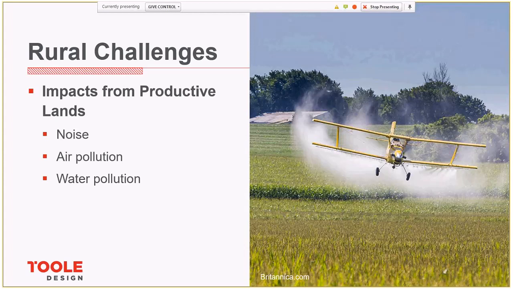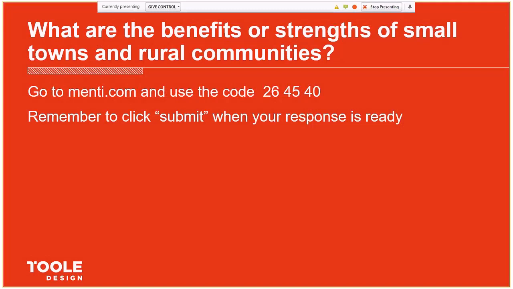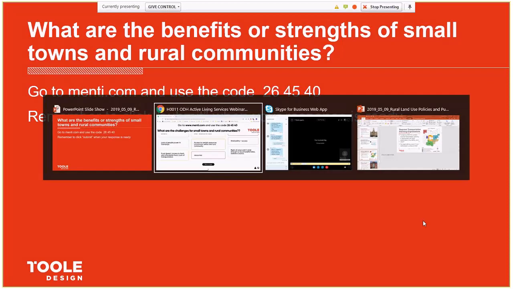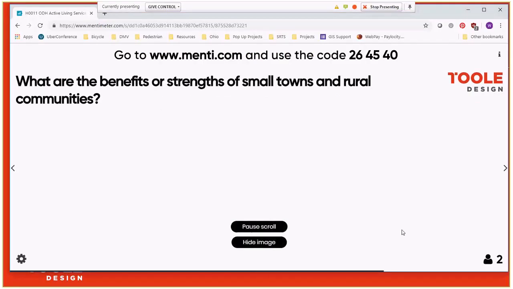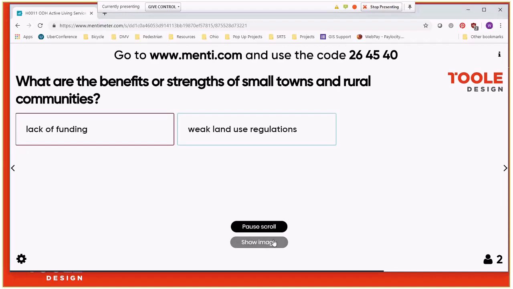But before we do that, it's time for our next poll. So what are the benefits or strengths of small towns and rural communities? Oops, looks like when I change the slides, we've got lack of funding and weak land use regulations. I think those were for the previous question, but now for benefits and strengths, what are some ideas?